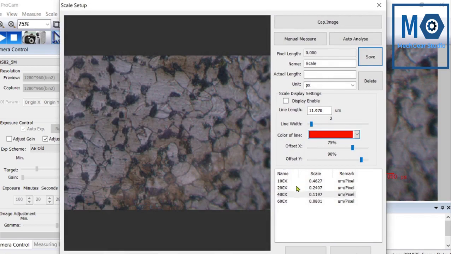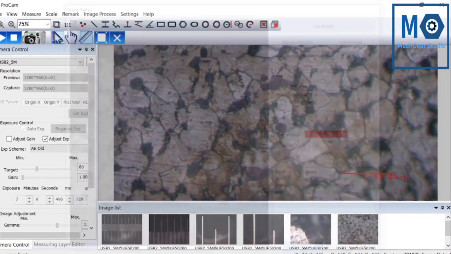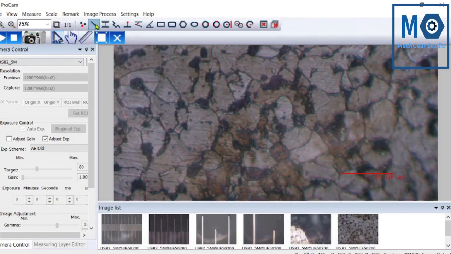So we will first select scale 400x. Then we will draw the same line again, but the previous pixel unit will be converted. Already it is converted into micrometer.